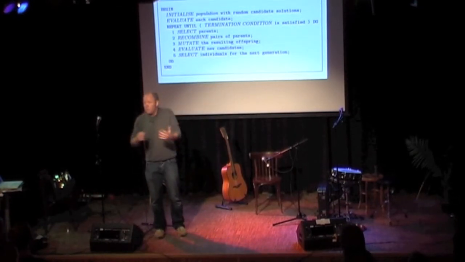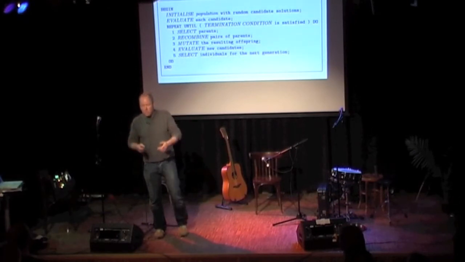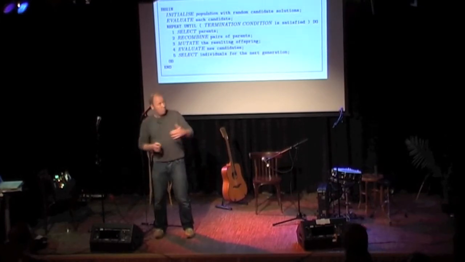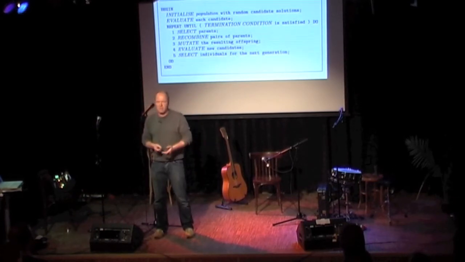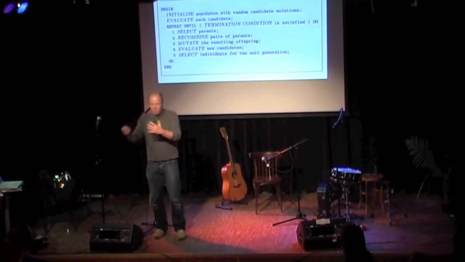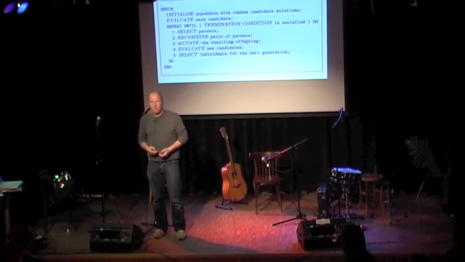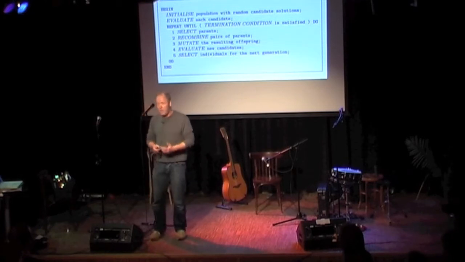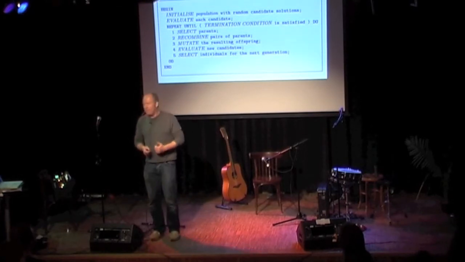You first generate some individuals, some trial solutions for your problem. Then you see how well they work by trying them out, and then you combine the ones that work better than the other ones in some usually stochastic manner. I'll show in a minute. You recombine parts of the solution, and you mutate them by changing them a little bit more, and then you see how well the result works. And if it works well, then okay, you learn something.